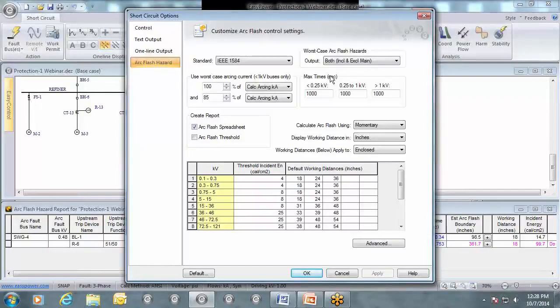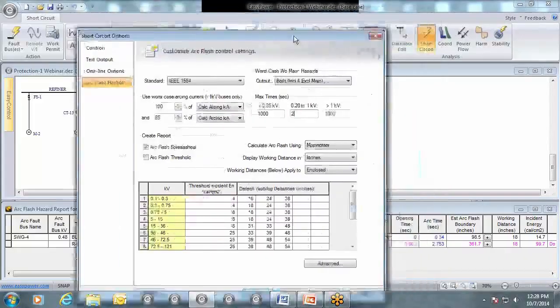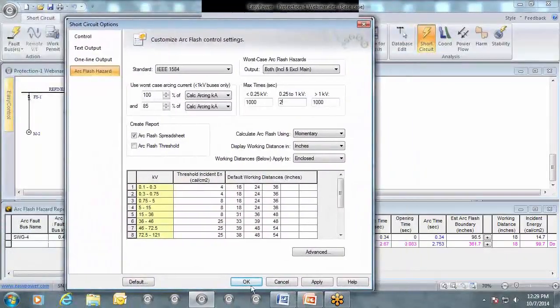And there are times where that case may be good for your use because it can help reduce the incident energy, or reduce it to a level where energized work can be performed. Now, it is something that you need to look at on a case-by-case basis, but I will demonstrate how that works here. So under our voltage 0.25 to 1 kV, so 250 volts to 1000 volts, if I say OK to this,